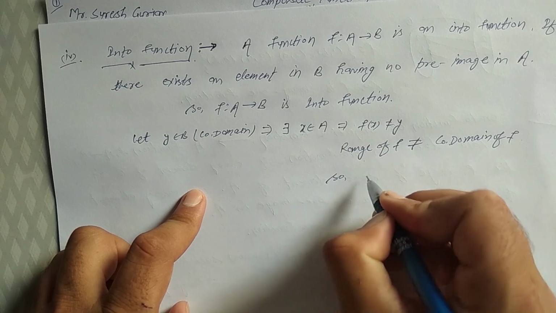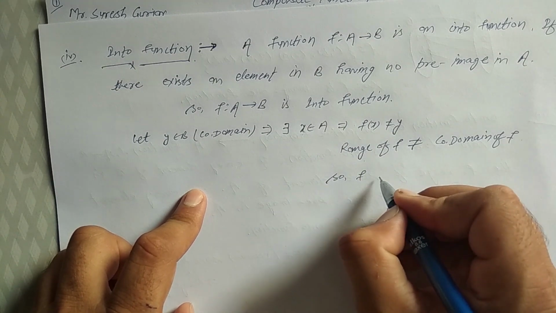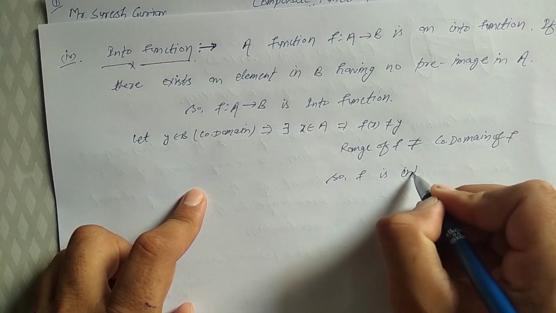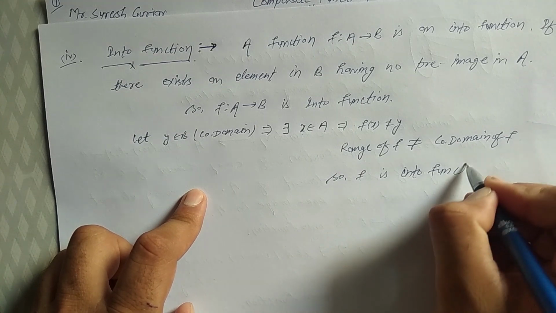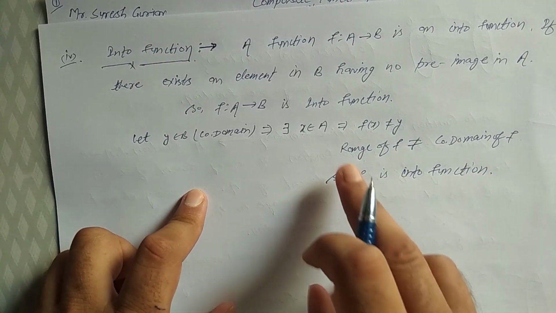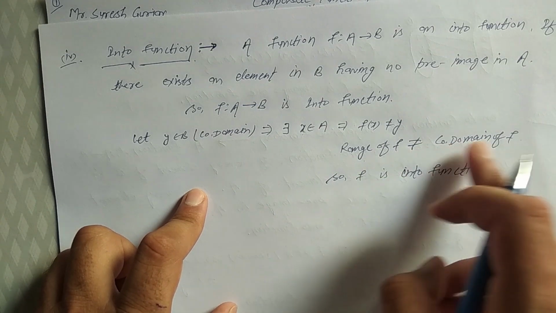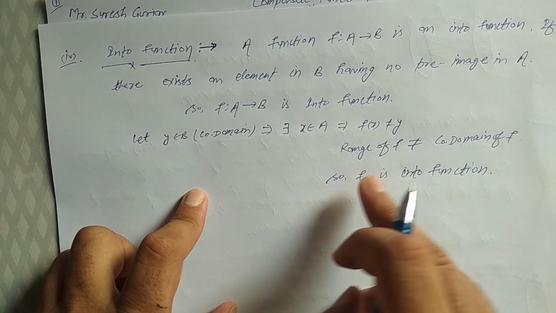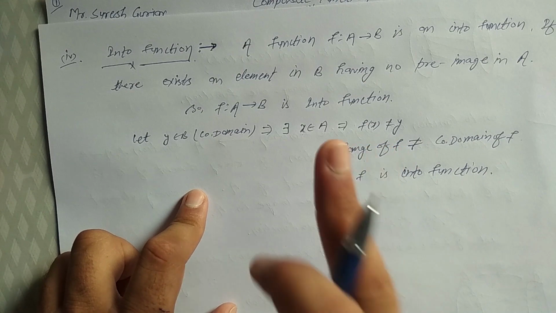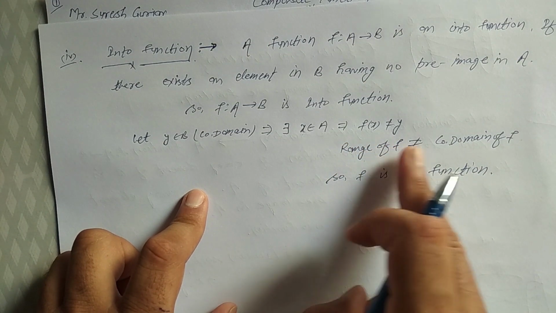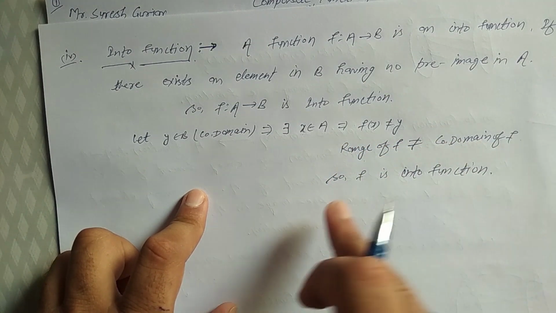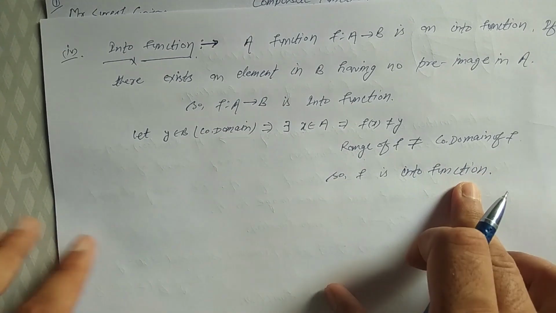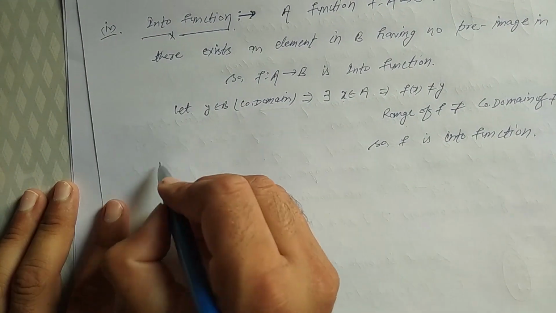So f is an into function, but if range of f is equal to codomain of f, f is an onto function. Range of f not equal to codomain of f, so f is an into function. By arrow diagram,